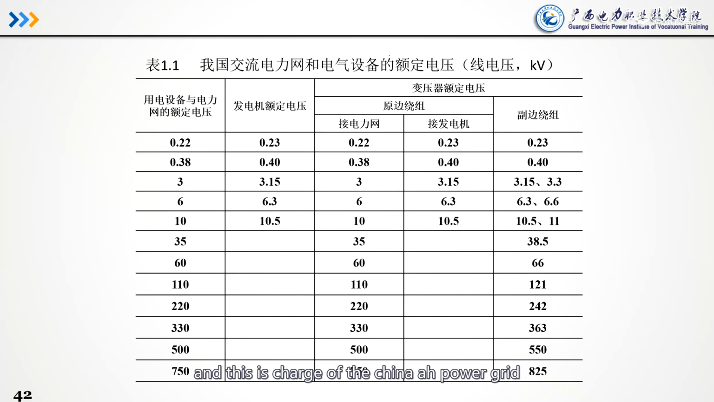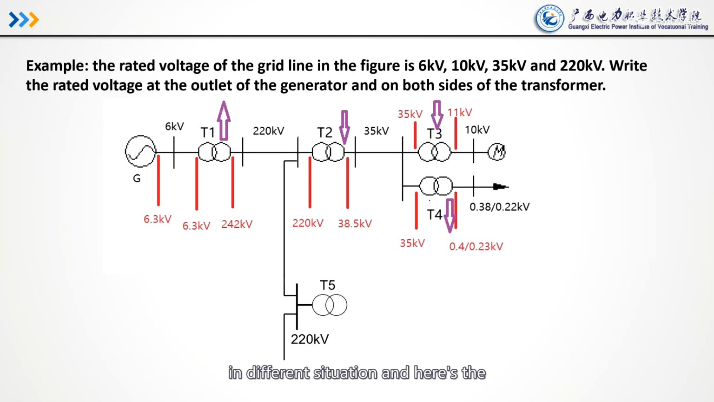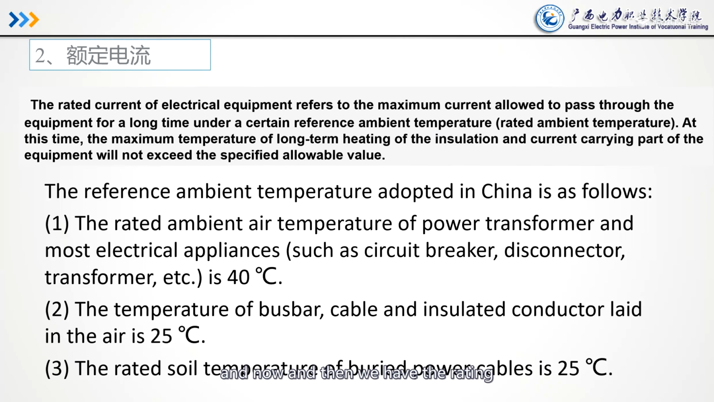Now, this chart shows the China power grid rated voltage in different situations. And here's the example: the rated voltage of the grid line in the figure is 6 kilovolts, 10 kilovolts, 75 kilovolts, and 220 kilovolts. You can try to write down the voltage at the outlet of the generator and on both sides of the transformer. And then we have the rated